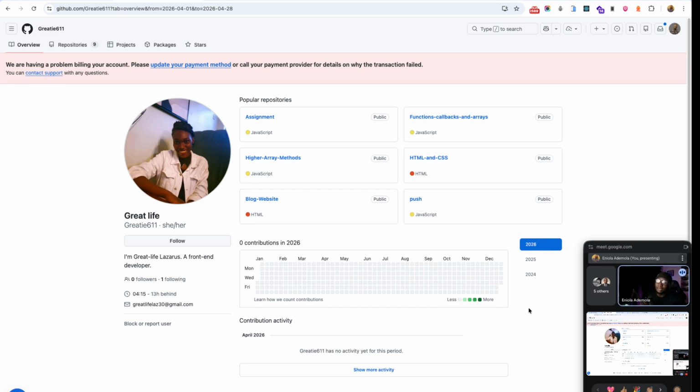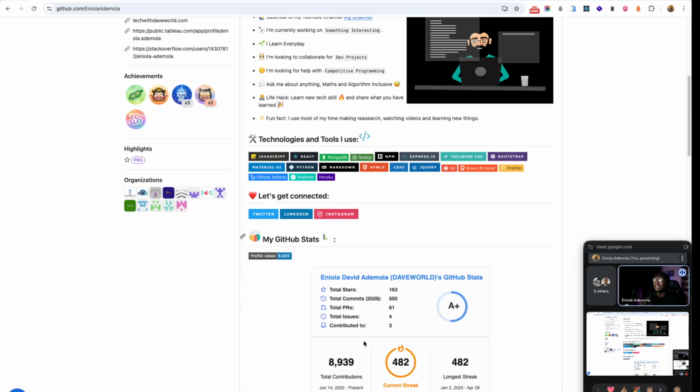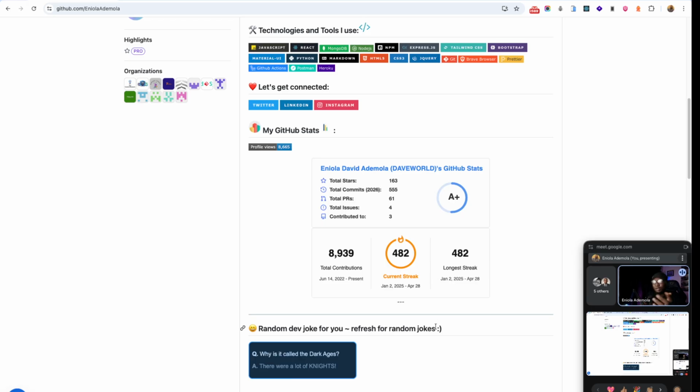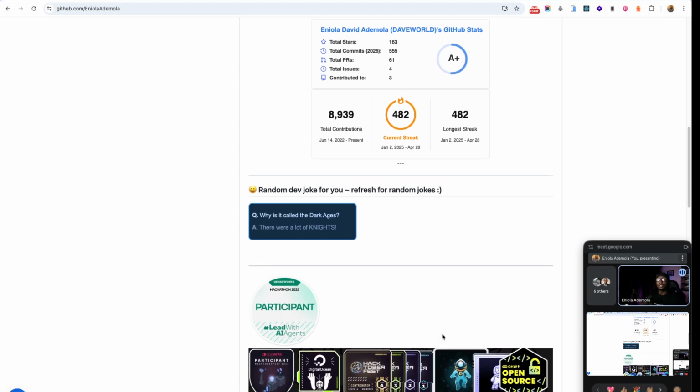Right, I have actually applied for a role before, and the person literally went through all my GitHub repo, and it was like, wow, you are really doing amazing work. He went through my repo, he saw my overview, he saw my stars, he saw my streak. Yeah, I mean, you guys know about GitHub streaks, right? Especially those that use Snapchat. I'm very sure some of us have seen friends that have like 1,000 streaks and all of that. Trust me, if you have a strong GitHub profile,